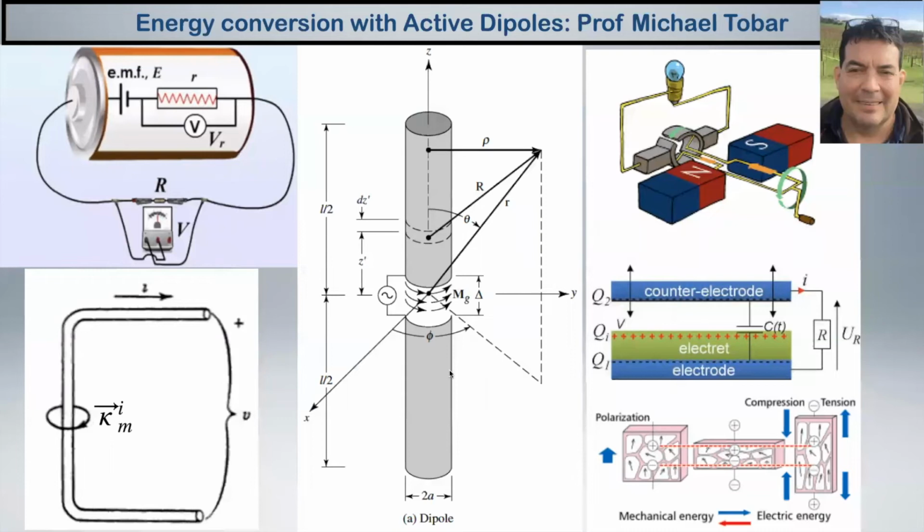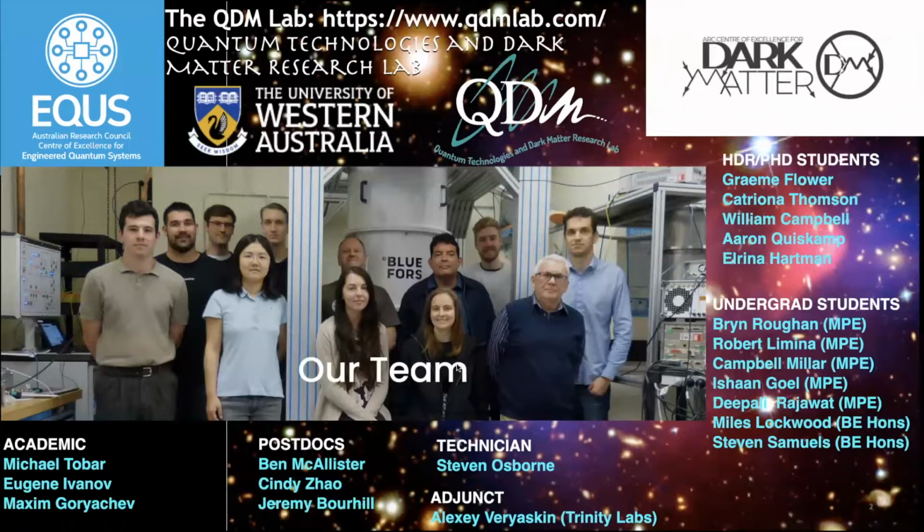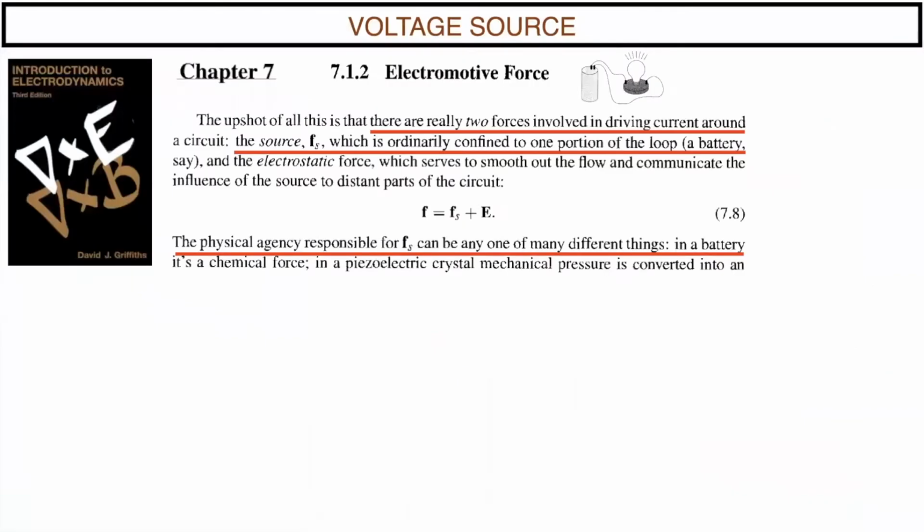Today I'm talking about energy conversion with active dipoles from the Quantum Technologies and Dark Matter Research Lab at the University of Western Australia. There are two forces involved in driving the current around a circuit: the source force per unit charge, which is only confined to the voltage source, and the electrostatic force creating the separation of charge and